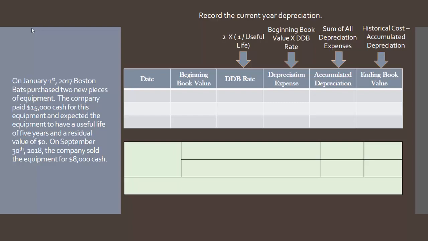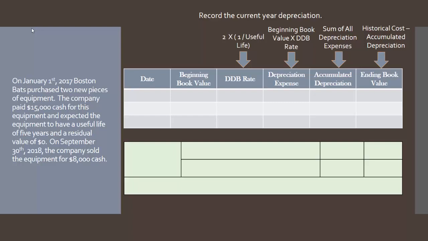On January 1st, 2017, Boston Bats purchased two new pieces of equipment. So this company already has the equipment on their books. They paid $15,000 in cash for it when they purchased it, and they made their two estimates. You always have to make what is its useful life. They said it was 5 years. And what is it going to be worth at the end of its useful life? They assumed it was going to have a residual value of zero. And Boston Bats really intended to use these pieces of equipment for 5 years. But on September 30th, 2018, they ended up selling the equipment for $8,000 cash, way before the end of its